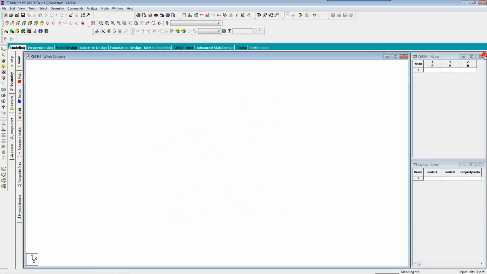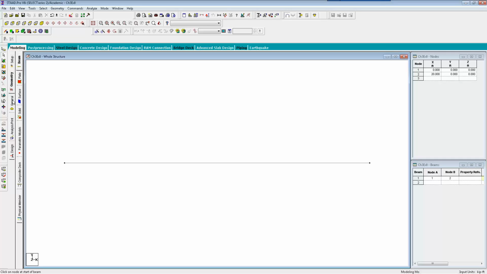So I'm gonna close this grid, make it front view. Very simple procedure. Then my beam length is 20 feet. So my first node is 0, and then my second node is 20. Then the next step is connecting these nodes together with a beam icon. Okay, after it is connected, the next step is that we have to